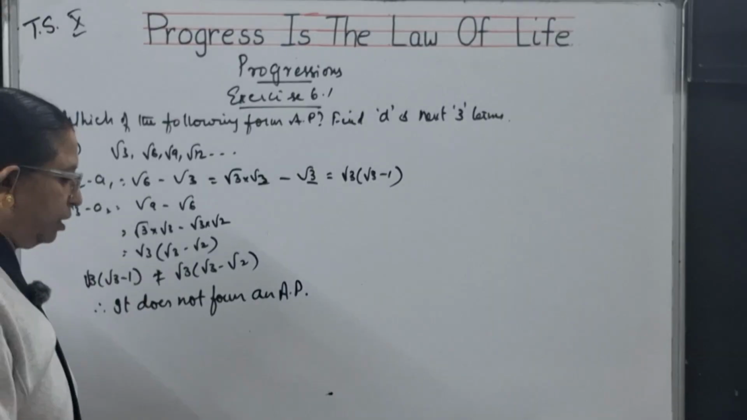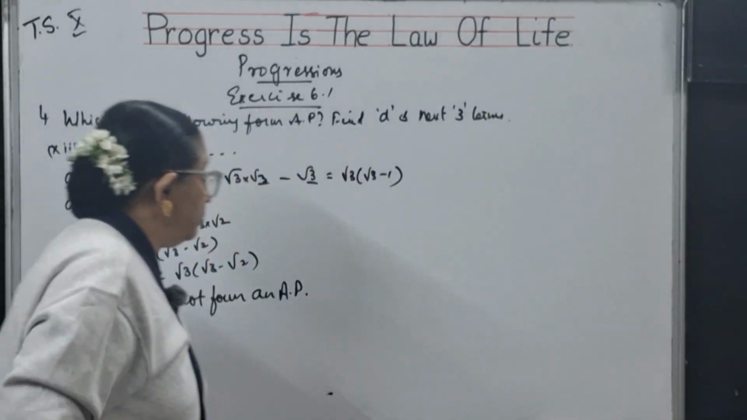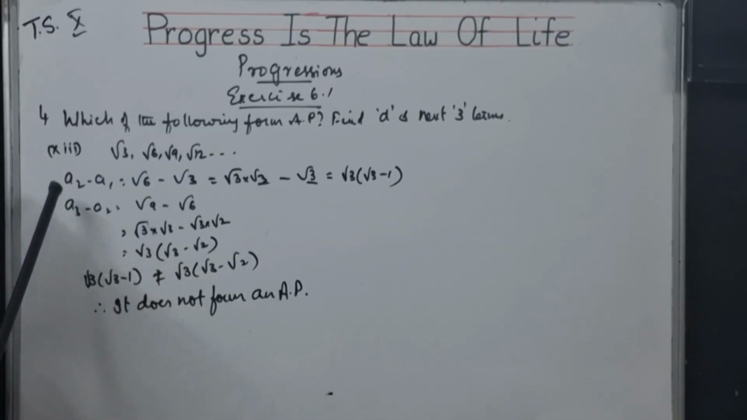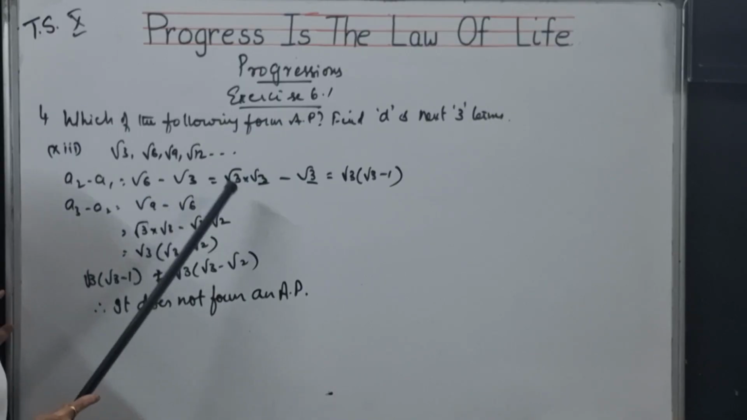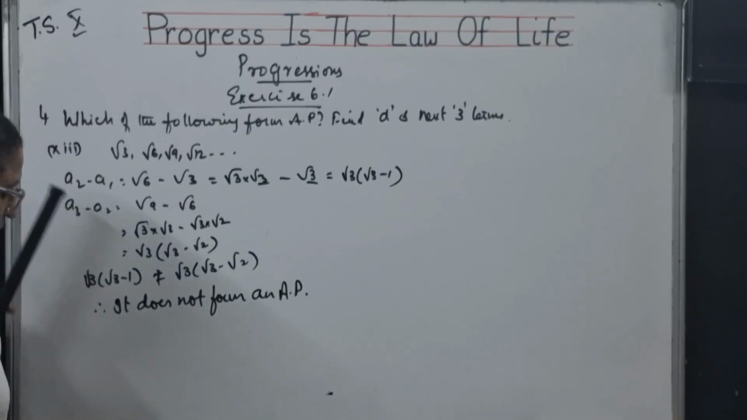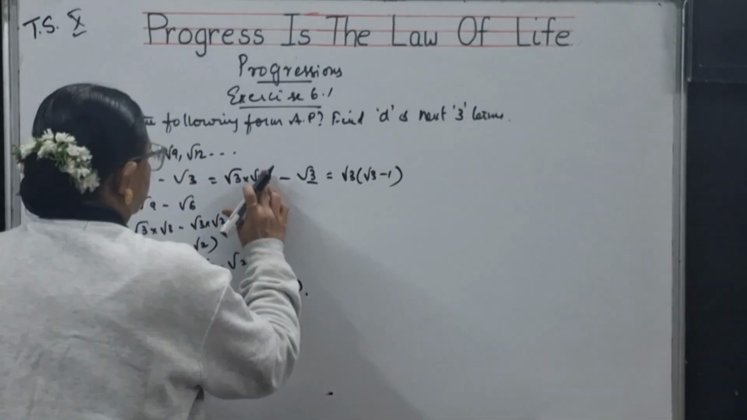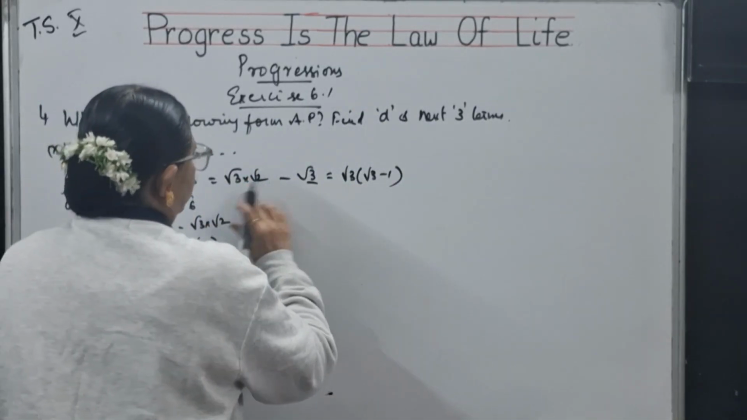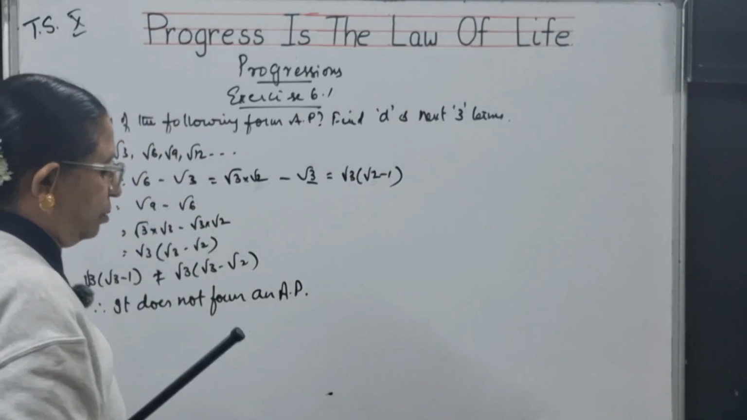So once again, let me explain you this sum, children. Here, root 3, root 6, root 9, root 12 they have given. A2 minus A1, root 6 minus root 3. Root 6 can be written as root 3 into root 2. So in these cases, if you take root 3 as common,